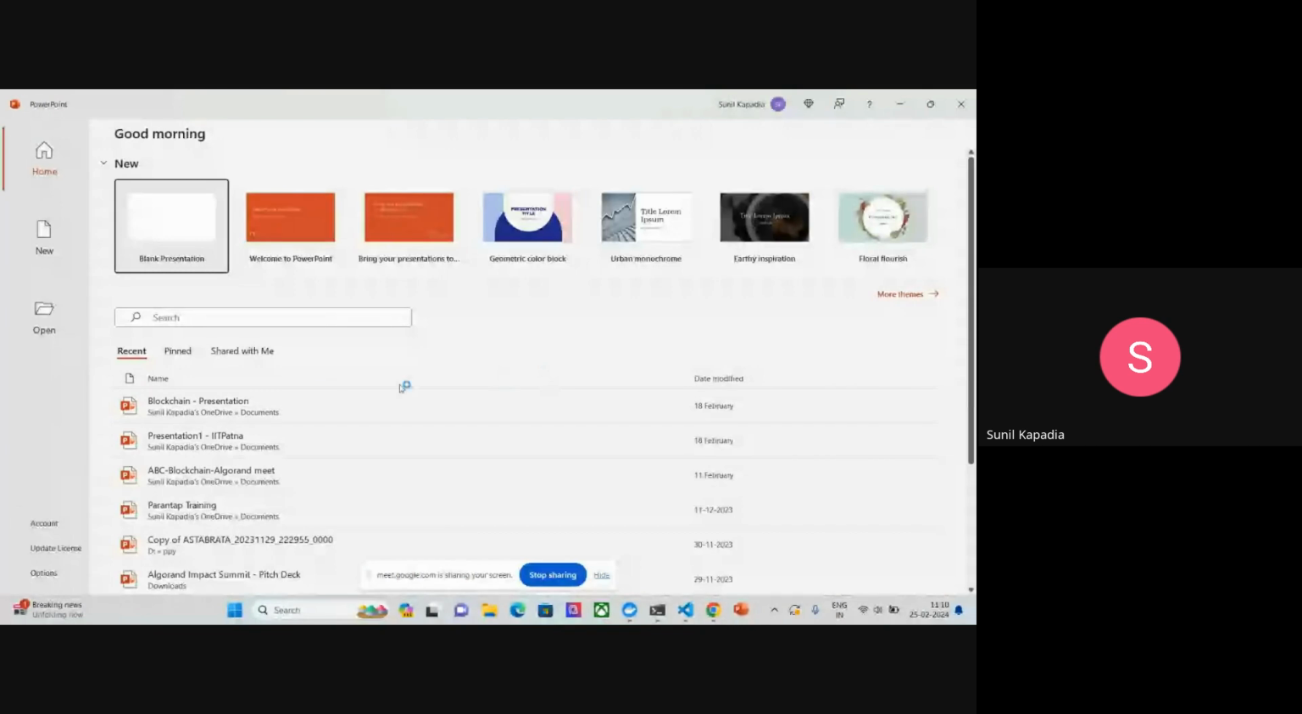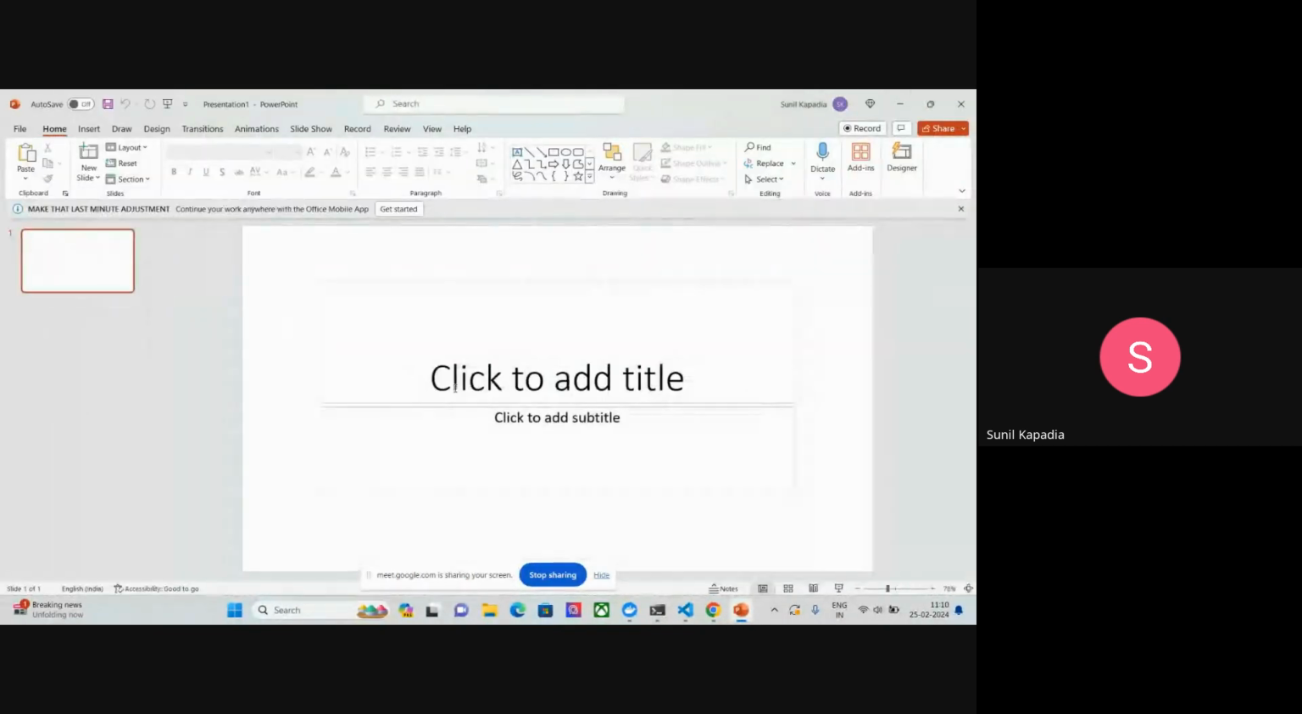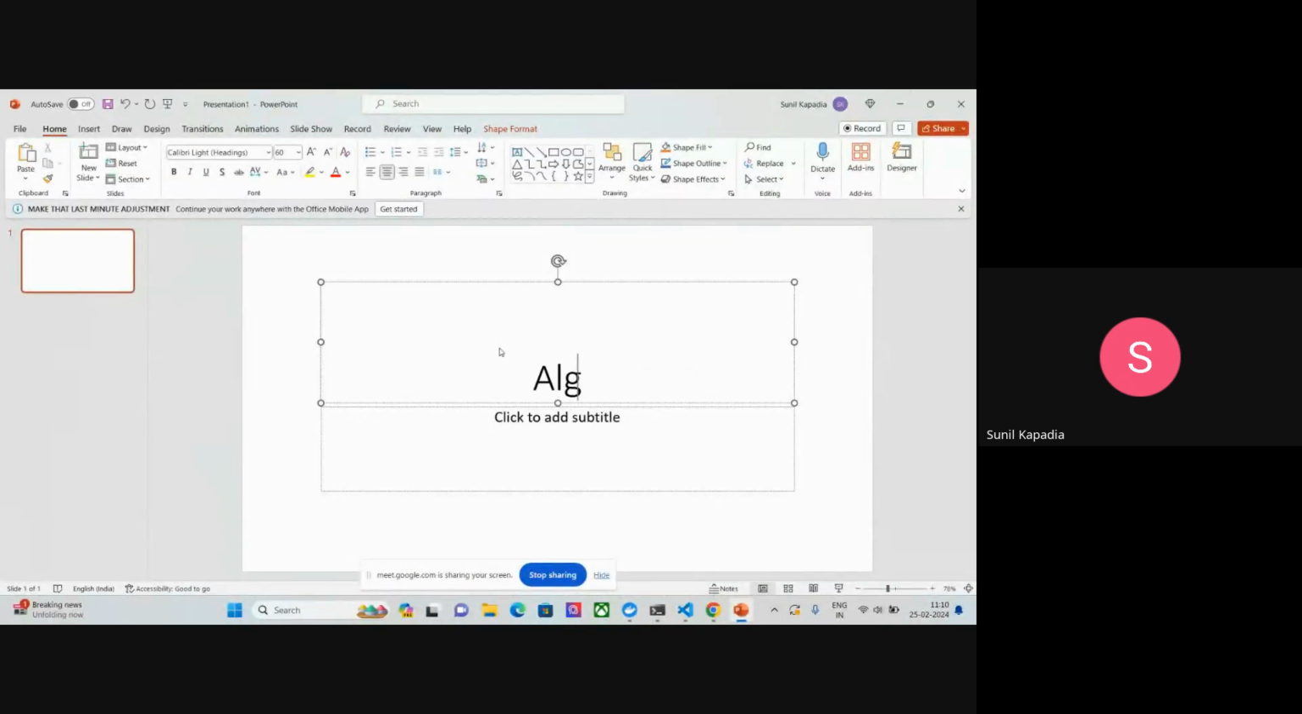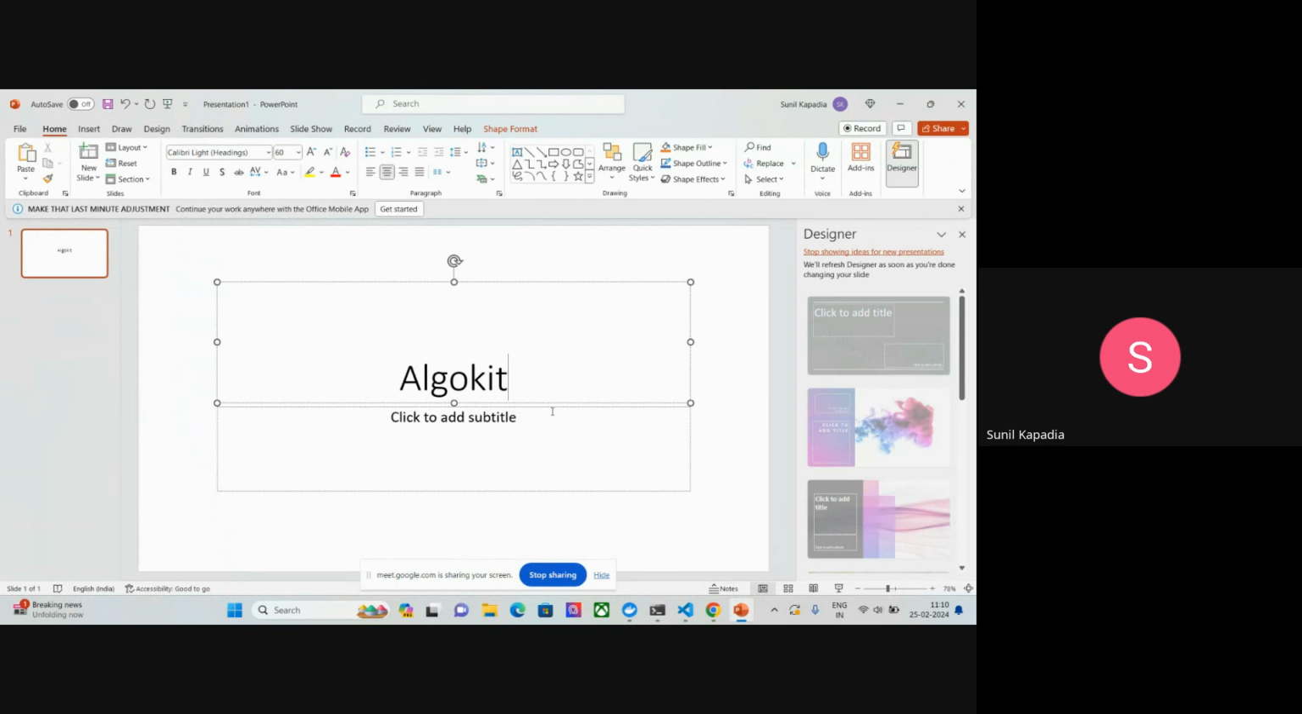And eventually you have to work with AlgoKit, right? So I'll just showcase some things over here. Just give me a moment. Okay, so I'll just open PowerPoint to let you know what we are going to have. So let's say AlgoKit is the one which you are going to use, and in order to consume AlgoKit,